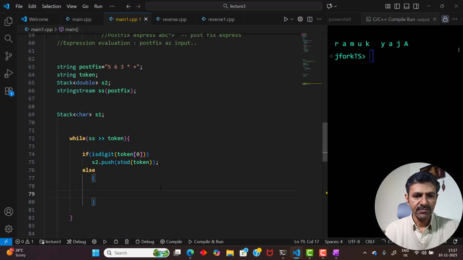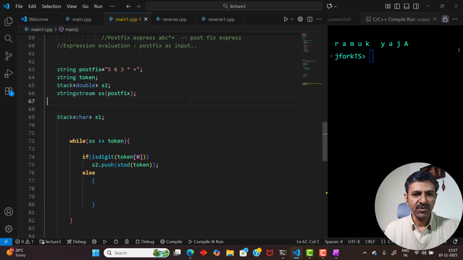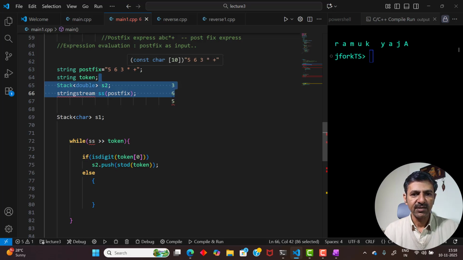in the else part, the logic behind what I am doing is, just observe this expression, if 5 and 6, these are operands, right? So you go on pushing. So first 5 will be pushed, then 6 will be pushed, then 3 will be pushed. As long as you are encountering operands, that is digits, you go on pushing them onto the stack. But once you encounter an operator, that is in the else part, you have to pop the last two, that is 6 and 3 will be popped,